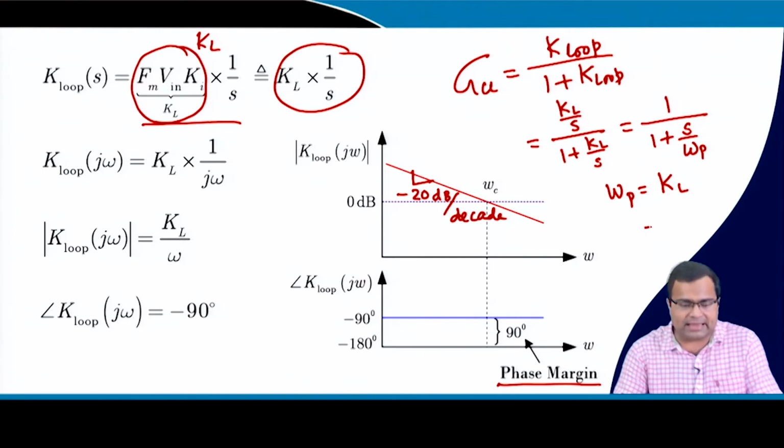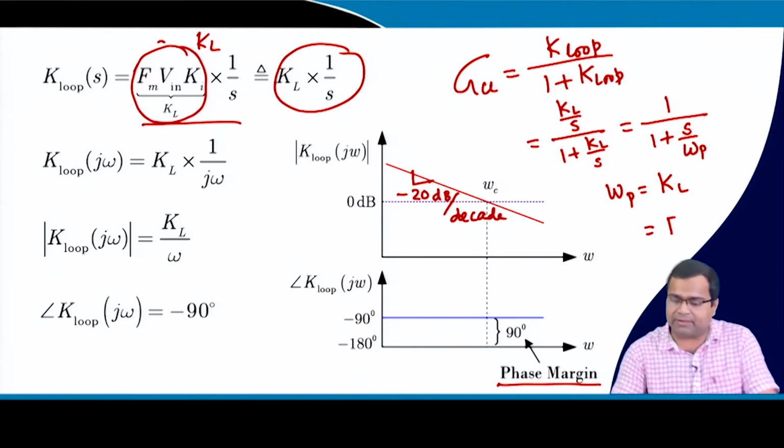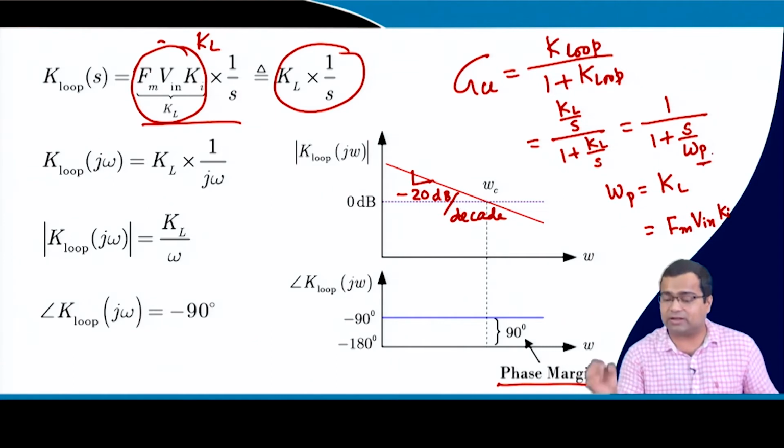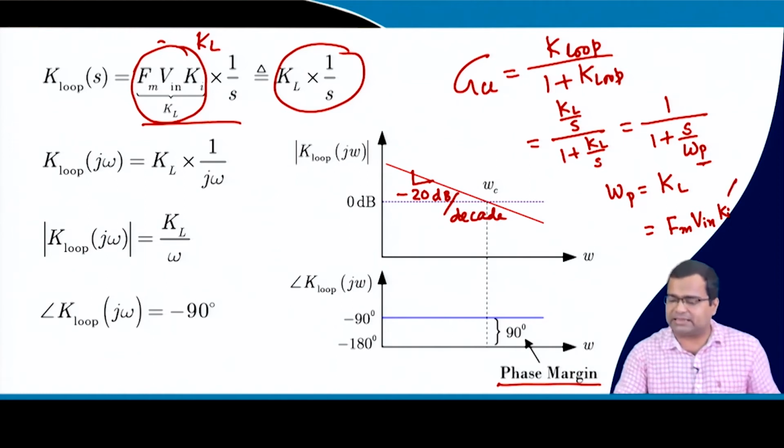And what is KL here? So, we have written here, right. So, it is nothing but Fm Vin Ki. That means, now we need to set what is my omega p, that is my design variable. So, it is only one degree of freedom, that means by changing the integral gain,